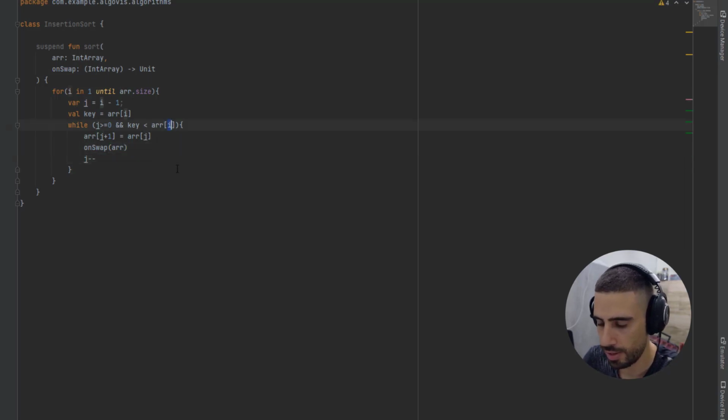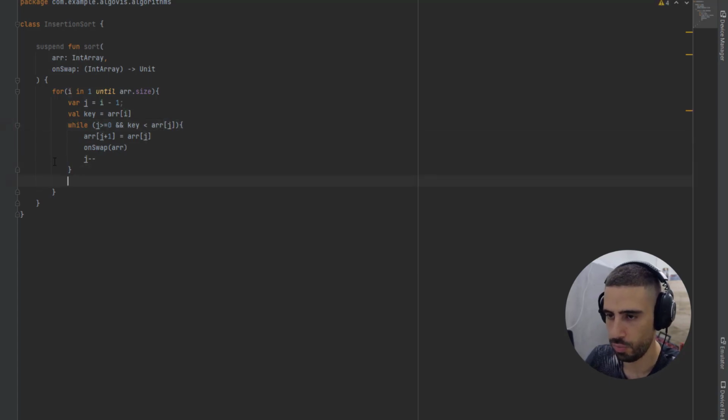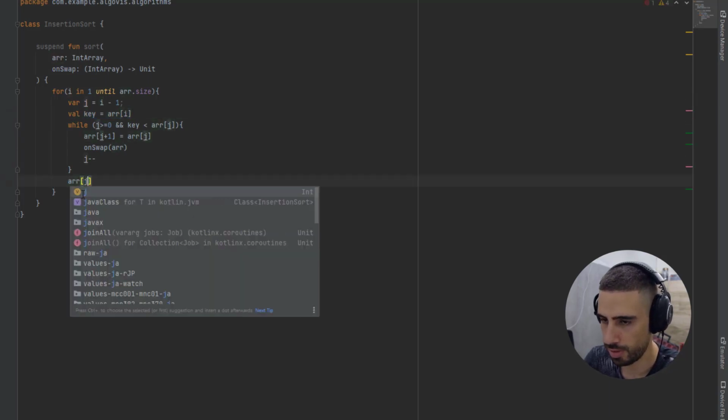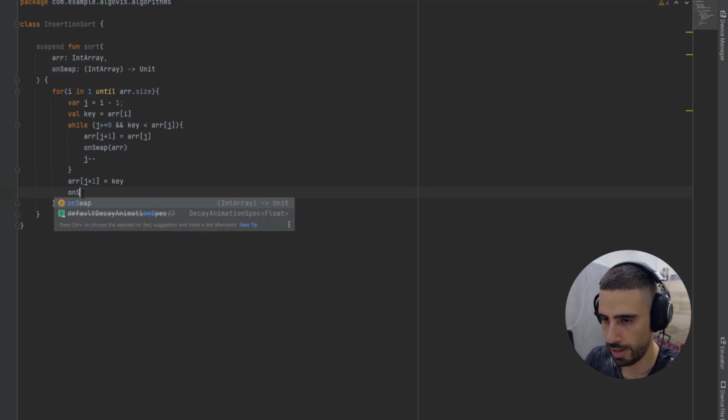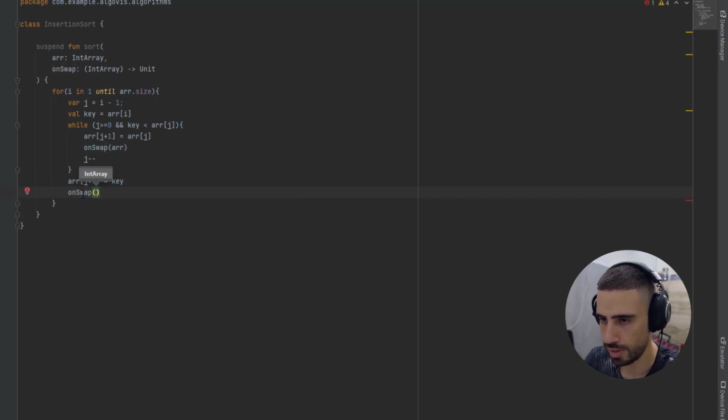We have made a mistake here. This would be the index at j. And outside of this loop, we're gonna make the real swap with the key. So arr of j plus 1 is gonna be equal to the key. And because we made another swap, we're gonna call the onSwap function, and we're gonna send the array. And that's it for the